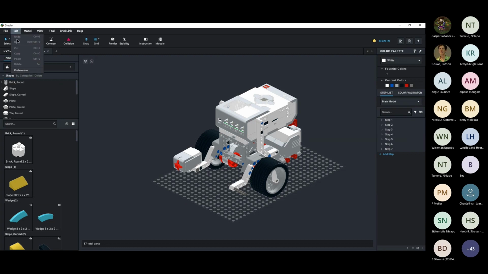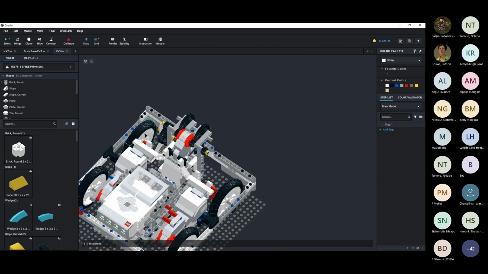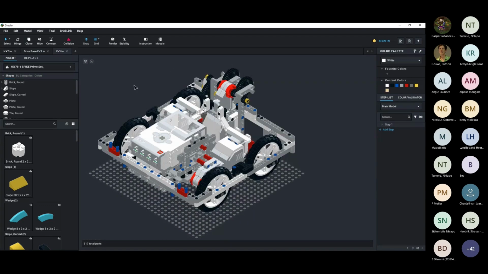I don't have an example of what happens, but what you can do is type into Google Studio version XYZ, and then you can build it from there,